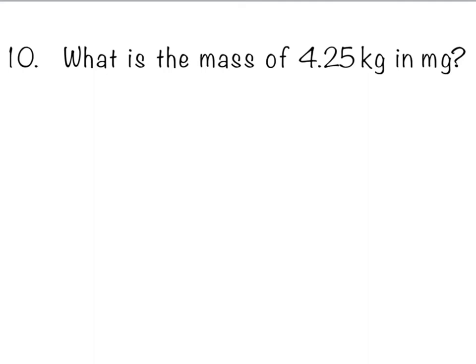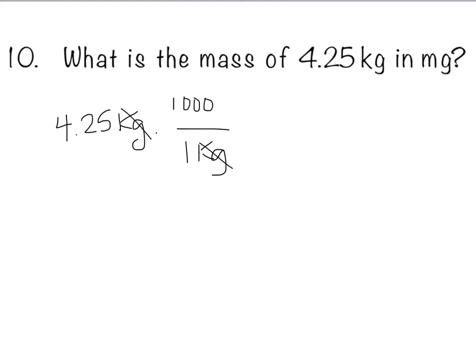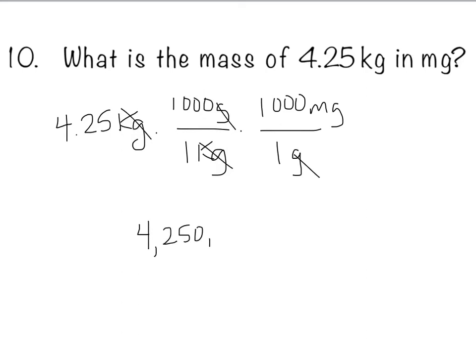All right, so what do I know? Well, 4.25 kilograms, and I can convert this down to grams. I know kilograms is going to go on the bottom, and because kilograms is the larger of the two, I'm going to put 1 kilogram is 1,000 grams. All right, and now I can get rid of grams because I know 1 gram is 1,000 milligrams. Grams cancel, and now I have the units in milligrams. If I take 4.25 times 1,000 times 1,000, you're going to get 4,250,000